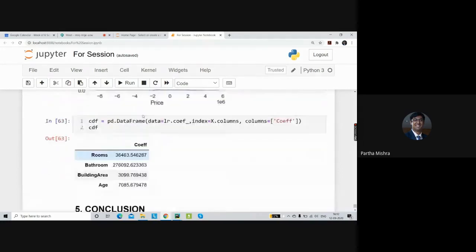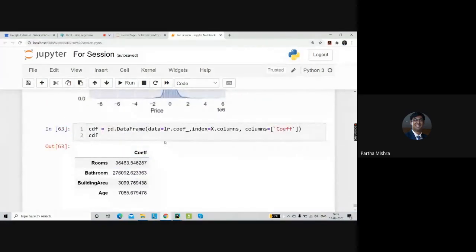Coming to the coefficient part, when we are building a model, to make it very simple, initially I had mentioned that y is equal to mx plus c. The simple linear equation, the straight line equation, has m as the slope and c as the constant.